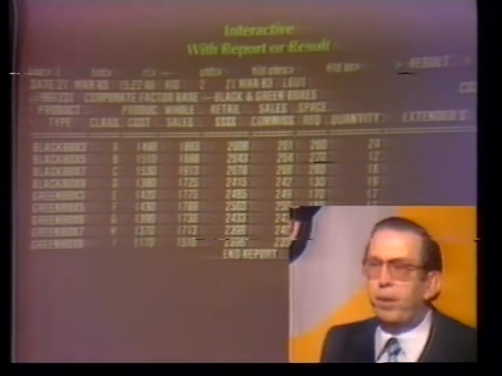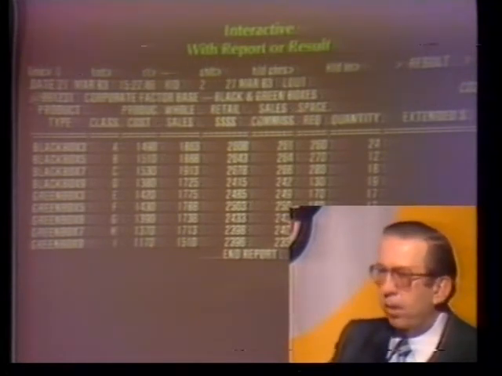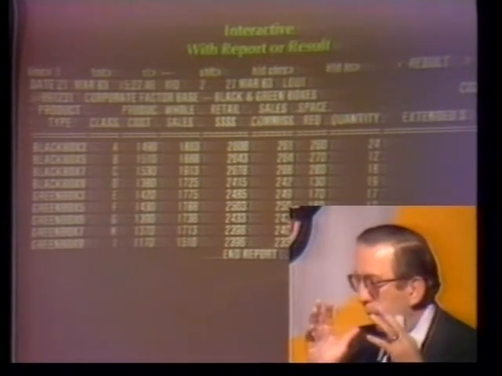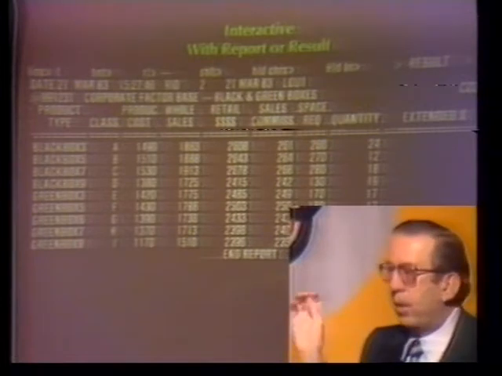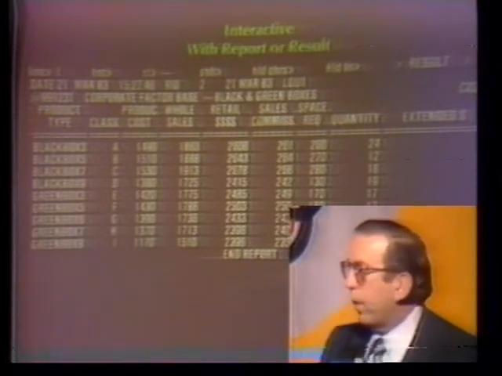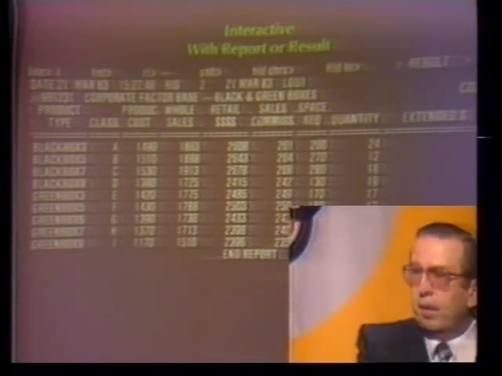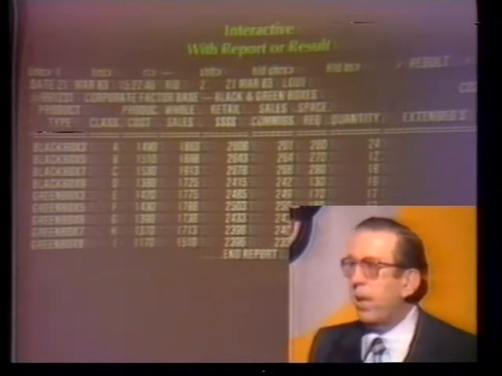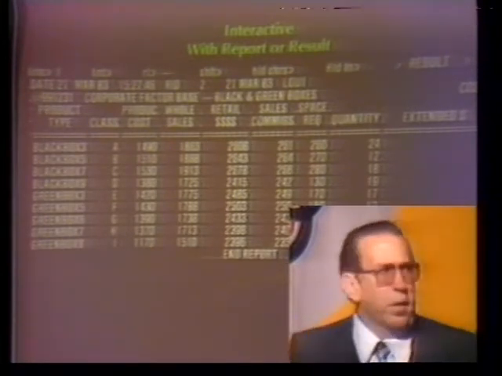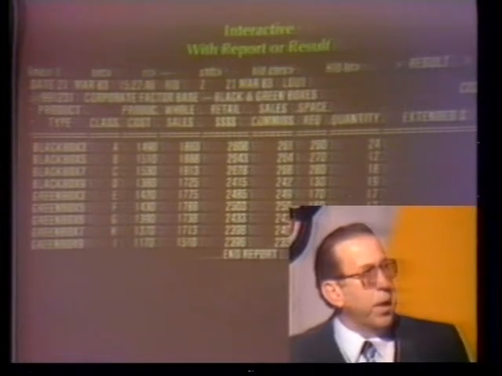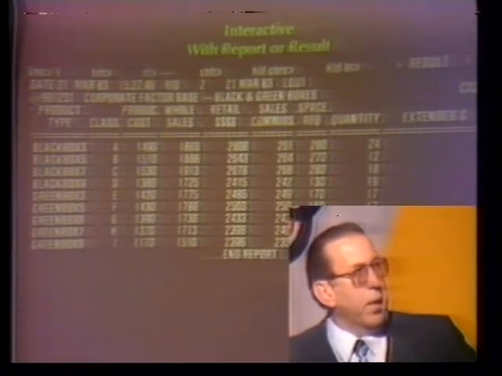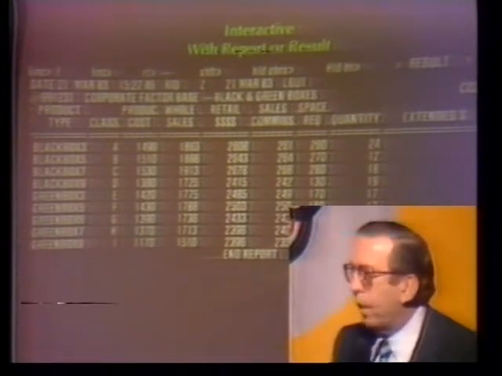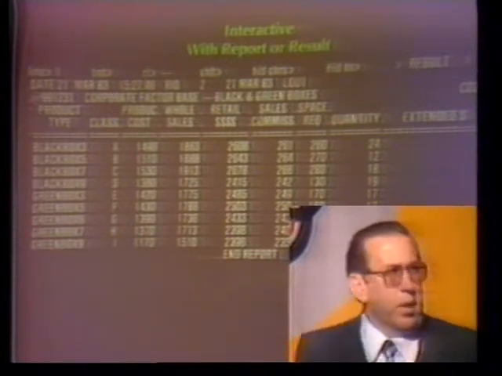Now if I wanted to go further with that, you can process results with functions, so you're not limited to just one step in the process. You do a search, a sort, a totalize, or whatever. You can work the results from the previous function and continue to enhance it in many different ways by executing all the different types of functions on that data. Well, this is an example of a result produced, and maybe I'd like to have this graphically processed into a graph. Okay, so here's the way that would be done.